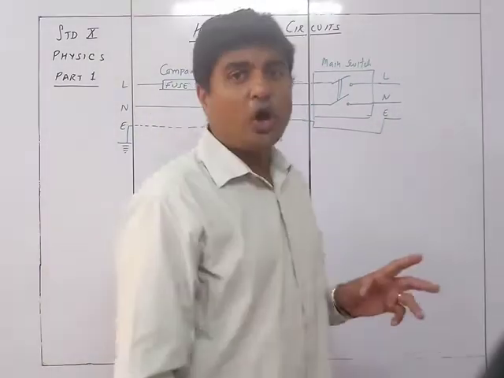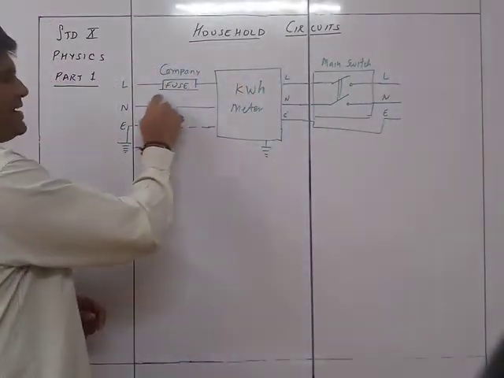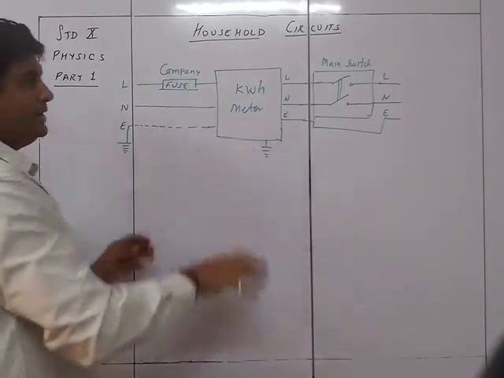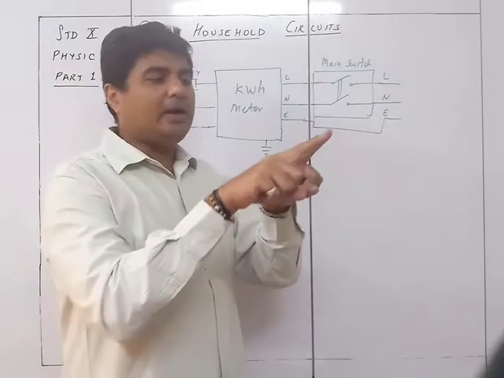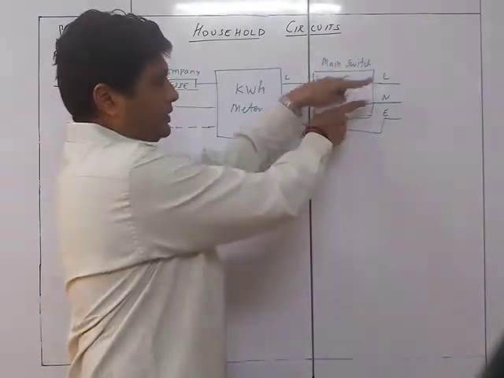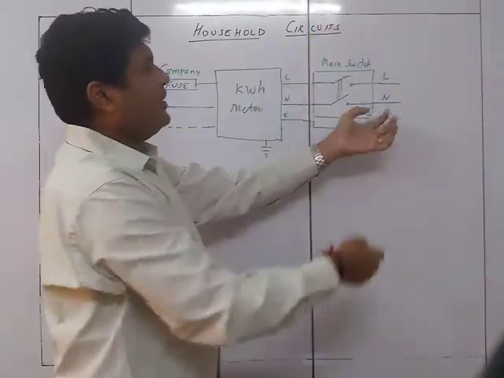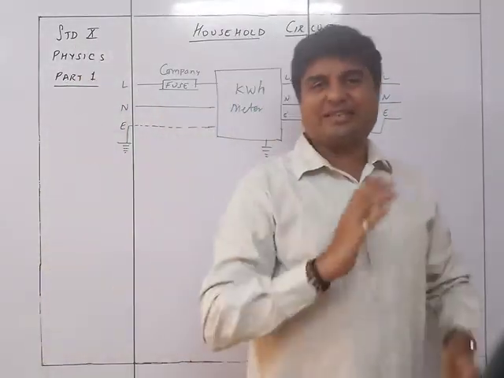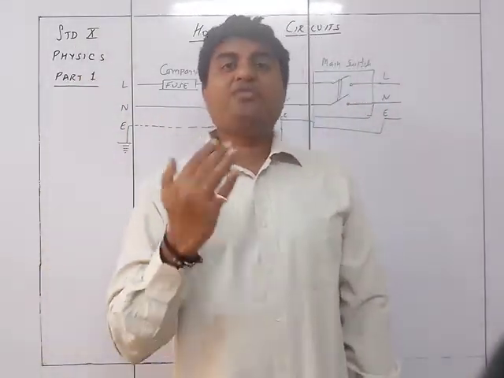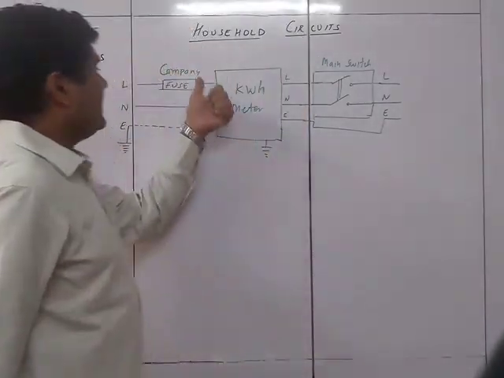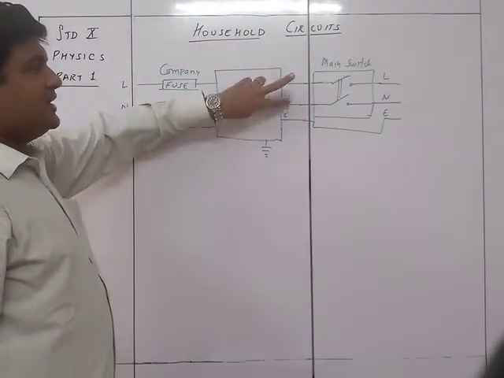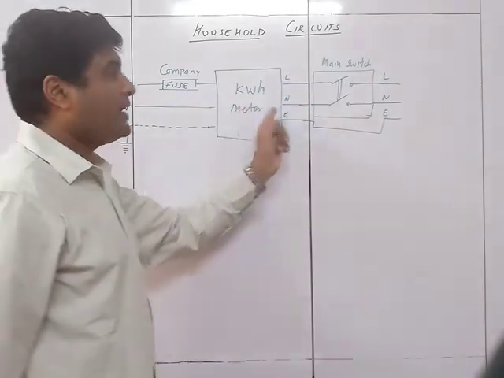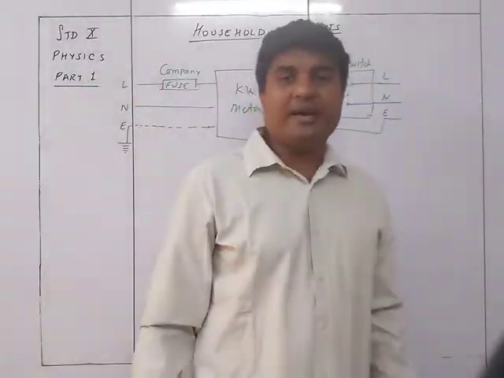Double pole, meaning what? Normally, what does a switch have? A simple line, only one line has the switch. Neutral never has a switch. But here you will have two poles connecting, the line and the neutral, so that when you turn off the switch, both the line as well as the neutral get disconnected. It is for a reason: in case somebody fiddles over here and interchanges this, it should not happen that if I switch it off, the current is still passing through and a person can get a shock.